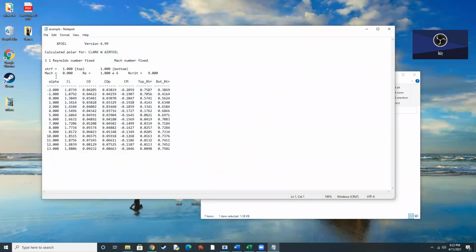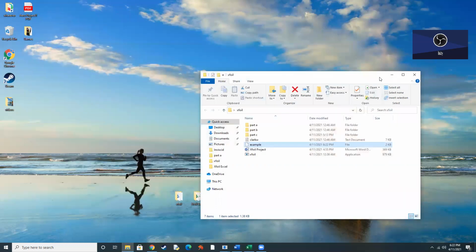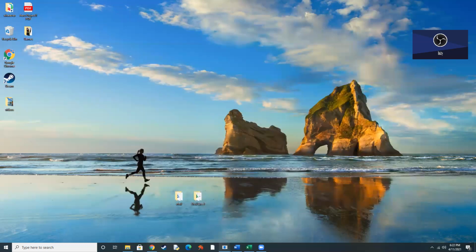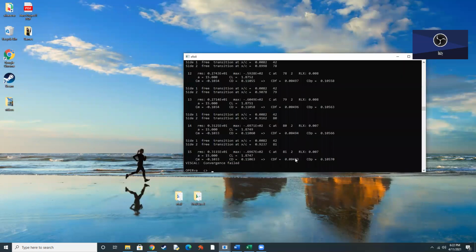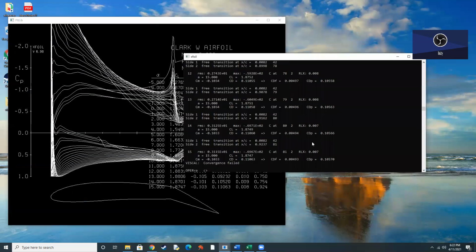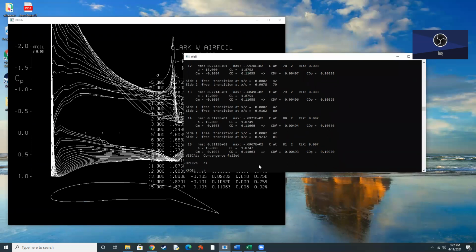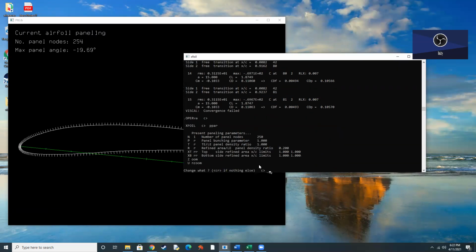As you can see, it skipped completely through -5, -4, -3, and also skipped 3, 14, and 15. To remedy that, when I was doing the Xfoil, I would change the node count, because for whatever reason at this node count it wouldn't converge some of the time. So if I change it to 120,